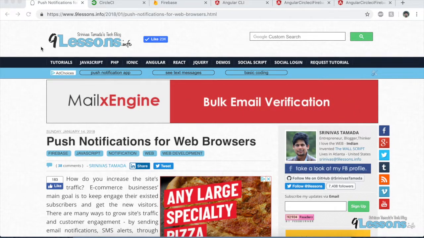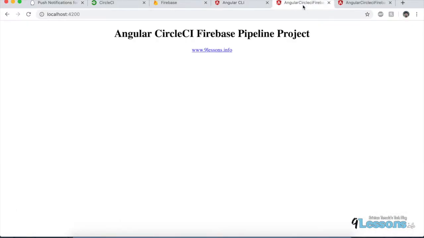This video is about how to deploy an Angular application on Firebase using CircleCI. So one git push command automatically takes care of everything and it will host into the Firebase. So I'll quickly show you the demo, how that works. So this is my local application, the simple Angular application. The same thing I hosted on the